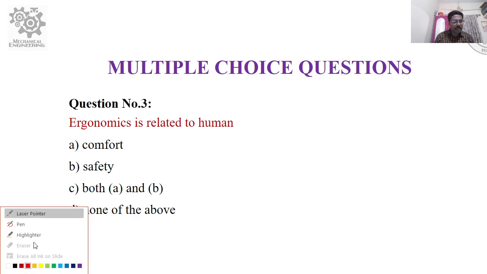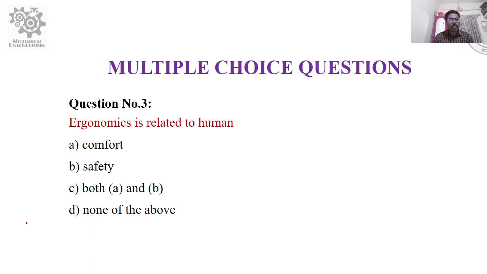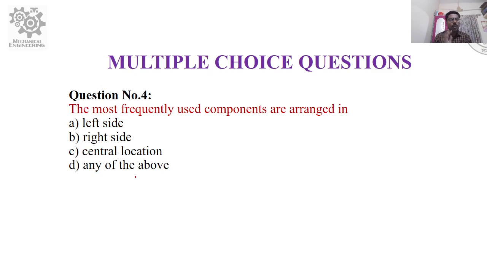Once again, option A comfort, option B safety, option C both A and B, and option D none of the above. Which is the correct answer? Ergonomics is related to human. Guess your answers; I will give the hint in this session. Question number 4: the most frequently used components are arranged in